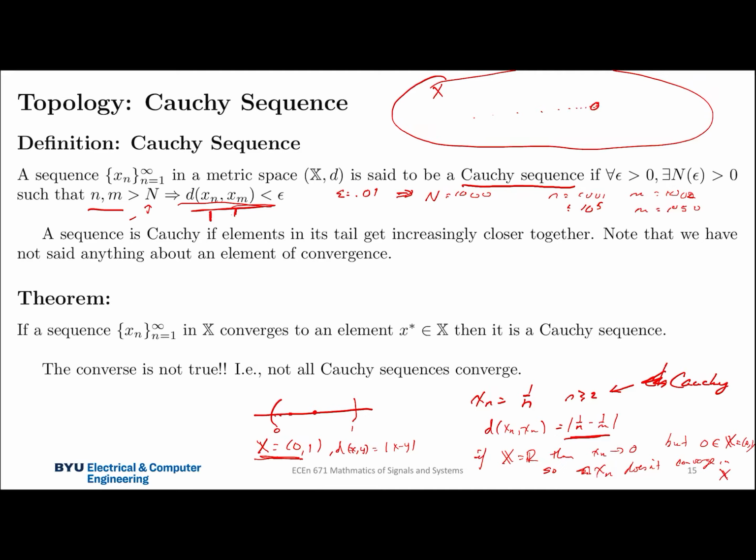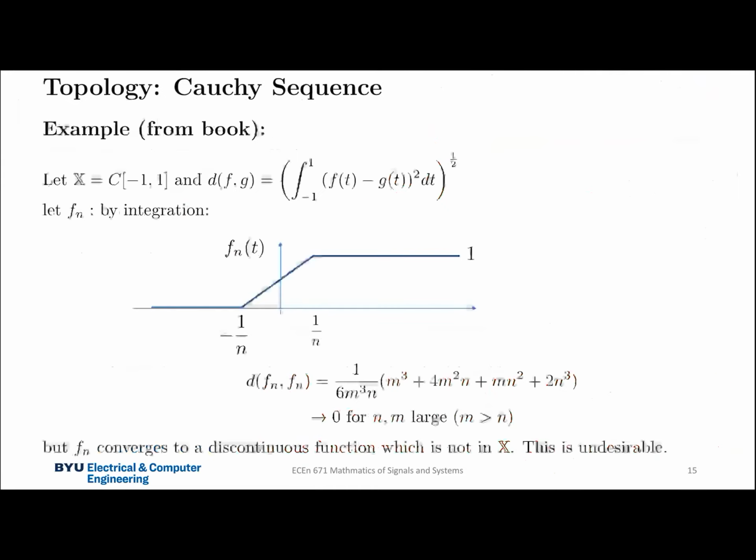And so we'll see that, in fact, metric spaces where this happens are in some way defective, because we have these converging sequences that converge to something that's outside of the set. Okay, so another example. This is from the book. If we have the set of continuous functions between -1 to 1, so this might be -1, this would be 1, and I look at all continuous functions,